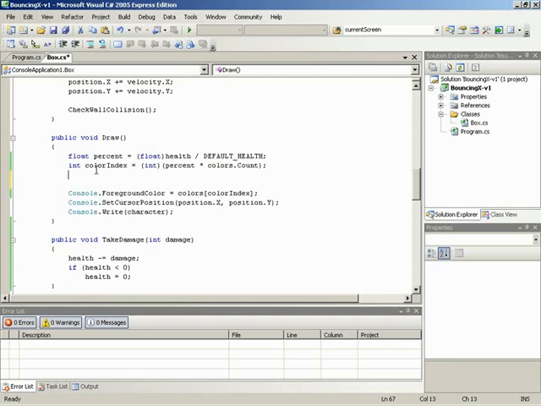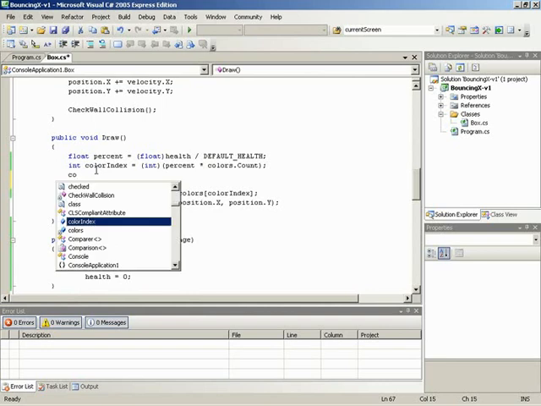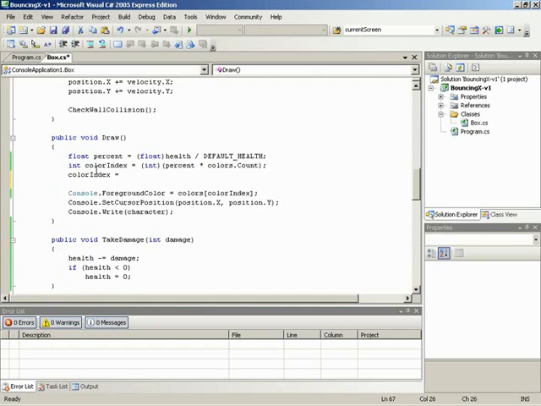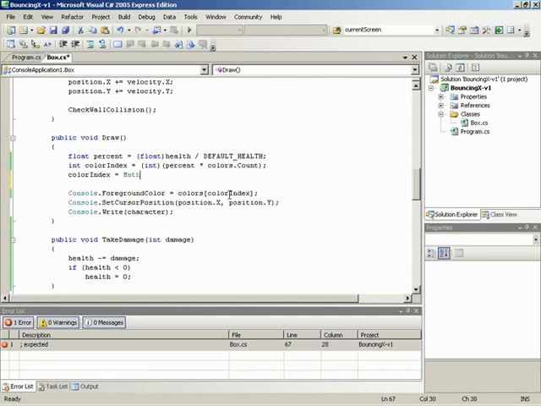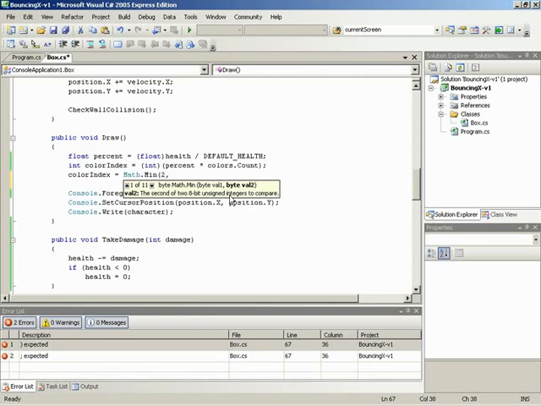What I want to do is take color index, and we'll use the math.max operation to specify a maximum, or excuse me, a math.min to specify a maximum. It sounds confusing, but in the end it works. We take math.min, so we get the minimum value between 2 other values. We know we want the minimum to be 2. We don't want to go over 2. And we want to specify the minimum between 2 and whatever index is, because index could go less than 2. Less than 2 would be desirable or usable. So the min of 2 and